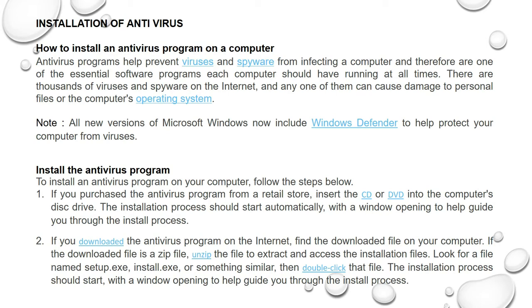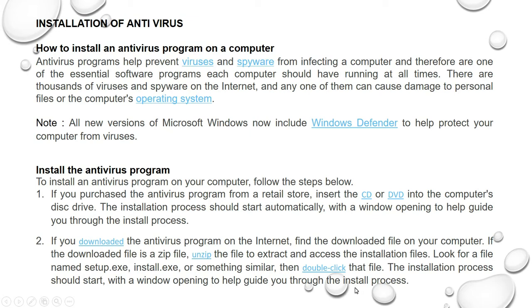Whenever you install any software, it may be antivirus software or any other software, it must contain a setup.exe or install.exe file. So you have to double click that file, and your installation process should start with a window opening to help guide you through the installation process.